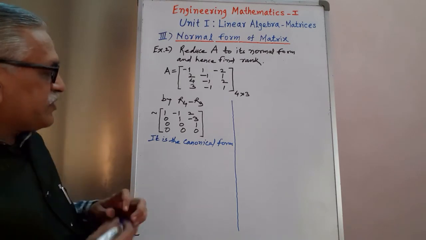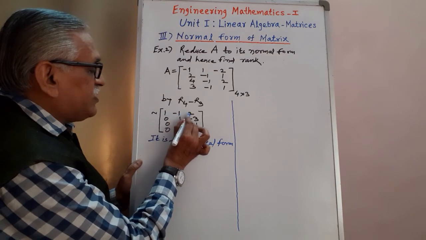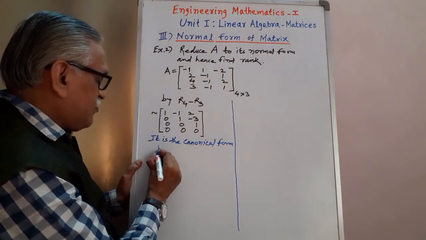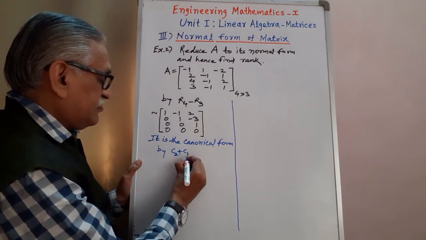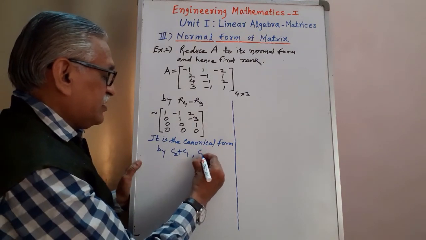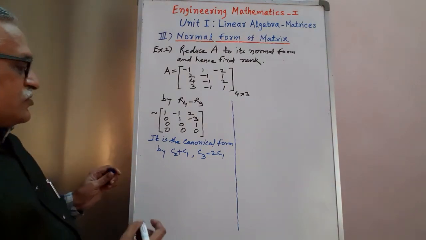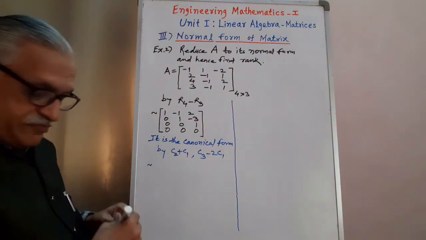Applying column transformation. Therefore, using the first diagonal element, we try to convert these two elements to 0. Minus 1 plus 1 we get 0. Therefore, it is C2 plus C1. And 2 minus 2 we get 0. It is C3 minus 2 times C1. Applying these two elementary transformations, we get